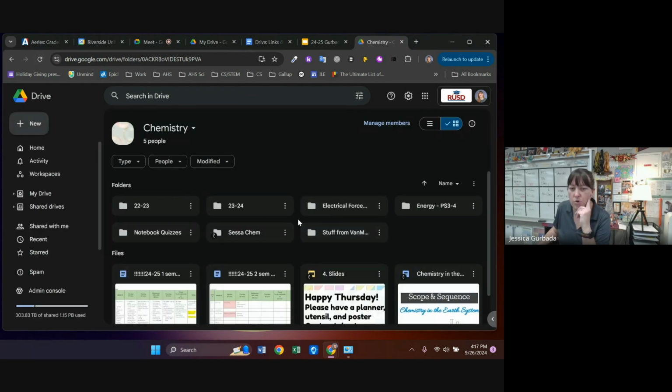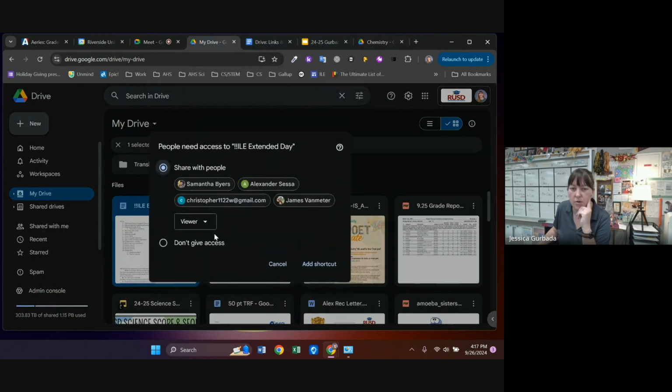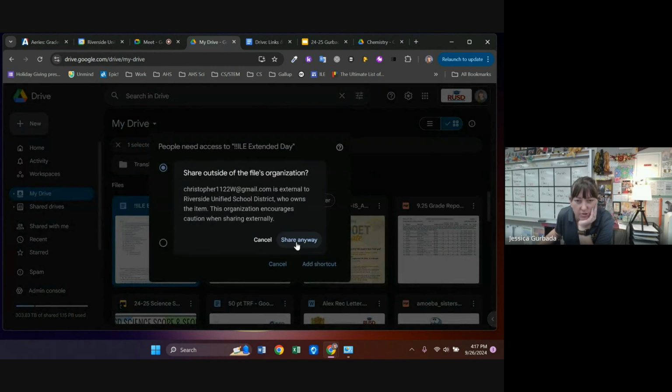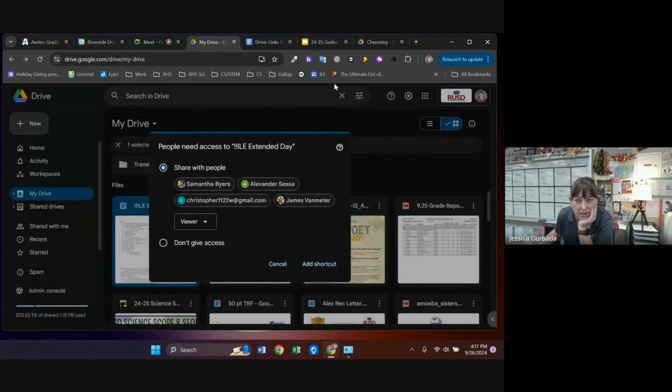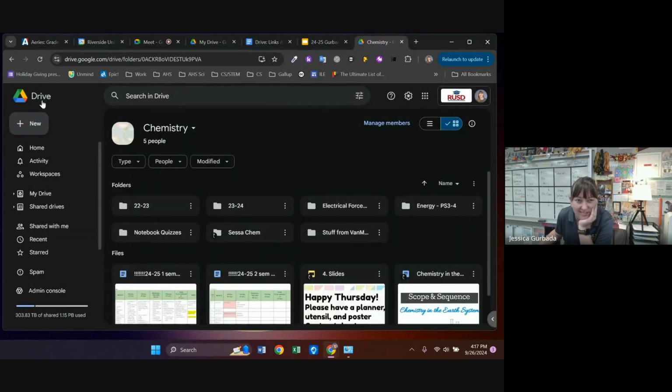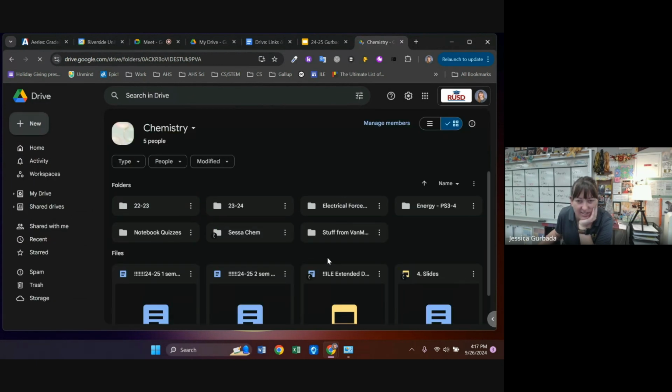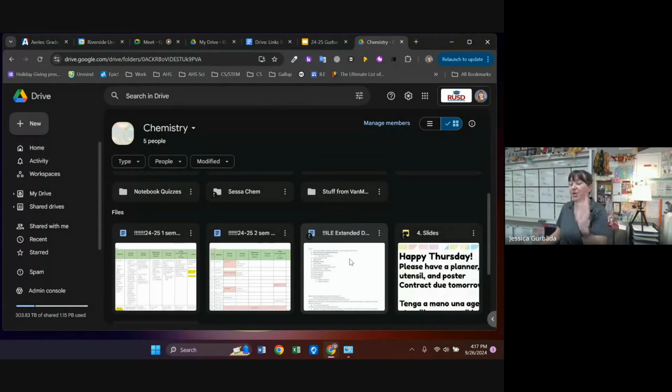This is the way you would want to do it. But, whoops. Okay, people need access. Okay, that's fine. Add shortcut. Yes, that's fine. Did it work? Is it here? Yes. Okay, so here's what you're going to do. You're going to add what's called a shortcut, and it allows it to live in your drive, but be accessible